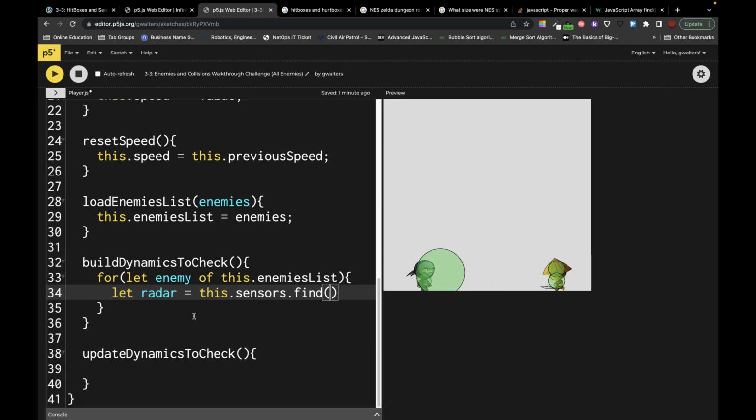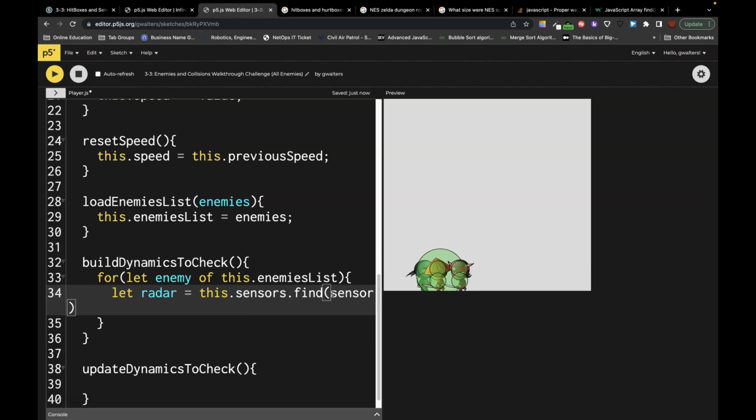Okay, so I'm going through every single item in the sensors for the player, and each one of these is going to go through each one. So I need a temporary variable, like let enemy of this list. I'm saying, hey, check, let's call it a sensor, and then this is a fat arrow. This is not an equals to or greater than. We always read greater than or equals to, so it's not written this way. This is a fat arrow, so it means I'm passing sensor into this simple function. What I want to do is check my sensors. Each sensor has a type. I want to check my type against what I know is the name of the radar. Okay, if we get it, then this will return